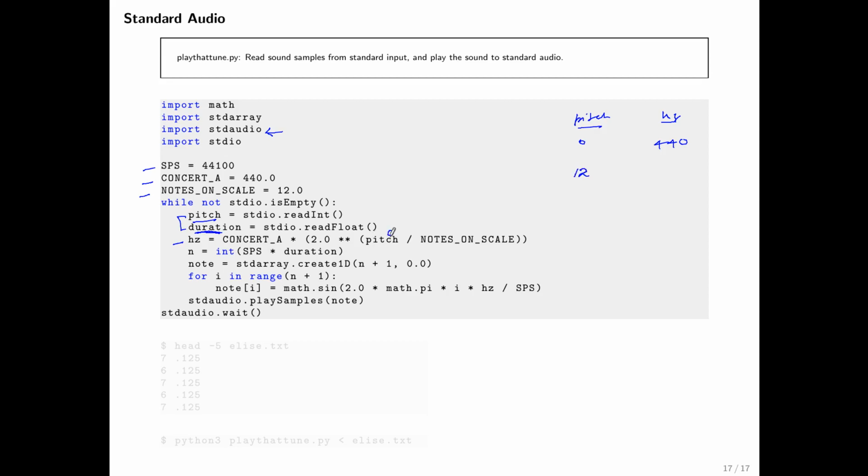Well, if this is 12, then 12 over 12, notes on scale is 12, so this is simply 1. What is 2 to the power 1? It is 2. Concert A is 440, so 440 times 2 is 880 hertz. Okay, so 0 corresponds to concert A, and 12 corresponds to a note that is exactly 1 octave higher than